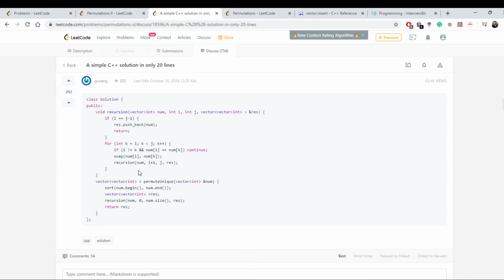They are pushing it, right? Oh, they're actually pushing nums itself, but they're swapping here. When are they swapping back? Oh, never. So for each,